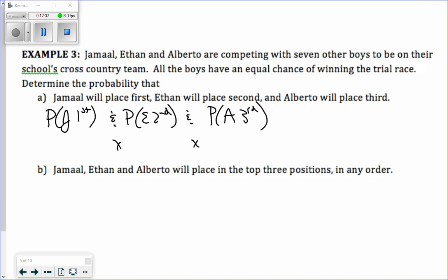So how many ways can Jamal win first? What's his shot? 1 in 10. What's the shot that Ethan will win second? 1 in 9, because there's already one kid that's run first. And how about Alberto winning third? 1 in 8. Now,